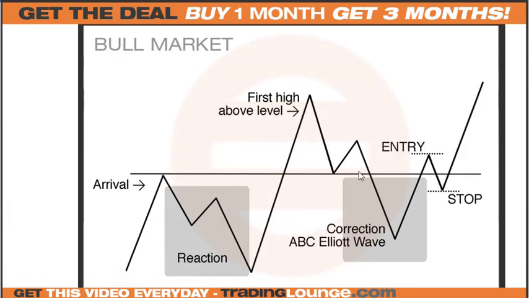So if that's the 8 across here, then we'll see we're at this point at the moment. In one way it can push a little bit above here. You know, it can either be short here a little bit or a bit above. It's not the end of the world. It just depends on what the sentiment is and so on. But we should see profit taking going on here that will create this pullback, and then the first high above the level, then the ABC.